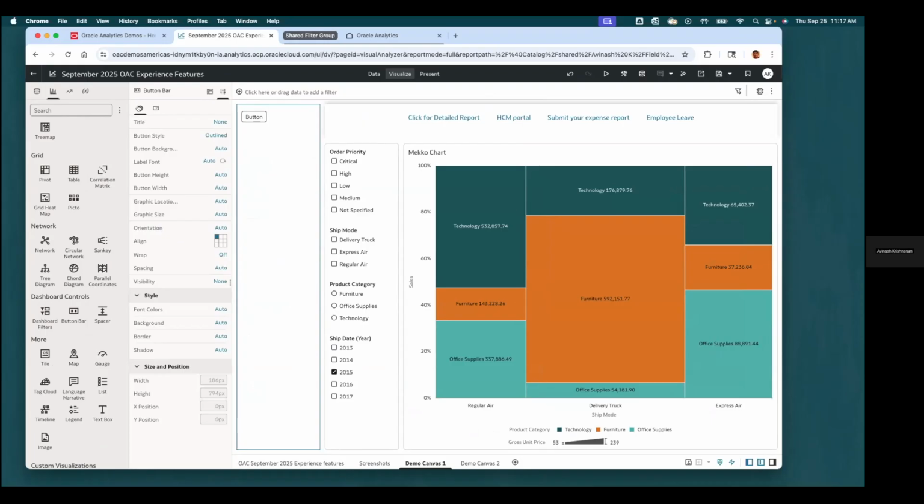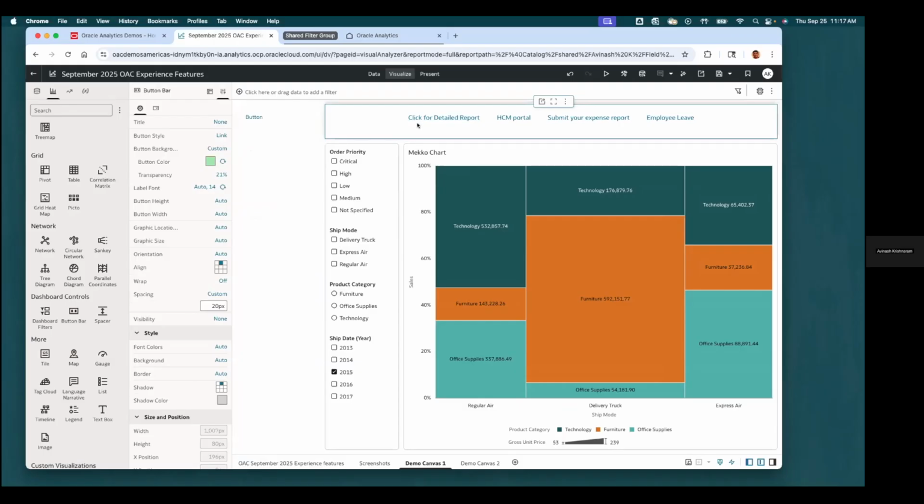The general settings allows you to control certain styling and format of the buttons. The more important properties that I want to highlight is the different styles of buttons that we offer. The default is outline, but you can change it to a borderless, a solid button, or display as a link. So in my example here, I've displayed all my buttons as a link. And then there's some custom formatting that I have done in terms of providing the button color, controlling the transparency. You can also add icons to the button.